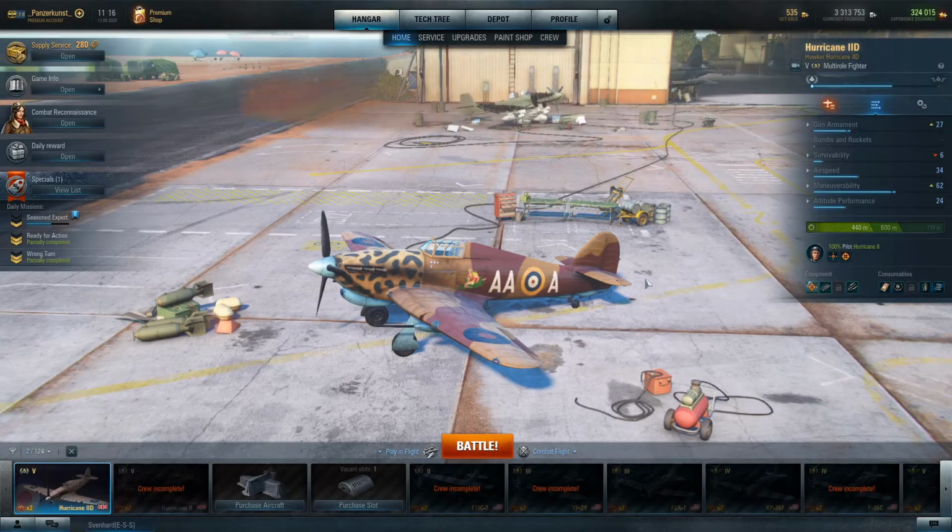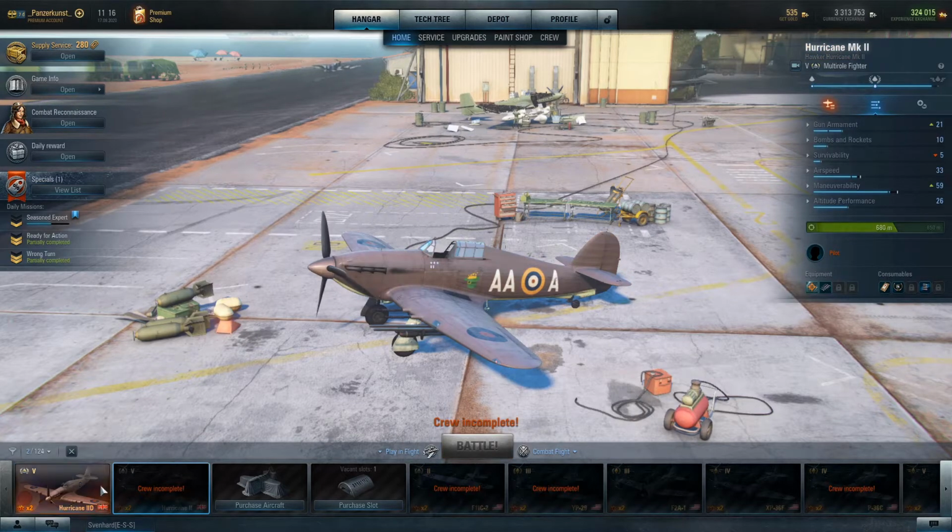Hey, it's Panzerkunst here, and in this video I want to review the Tier 5 British multi-role Hurricane 2D. It's a premium or kind of like a gift aircraft. A lot of you probably have it in your hangar just from opening some boxes, maybe even the weekly rewards. And it's easy to brush over because it's pretty much exactly the same as a Hurricane 2, but